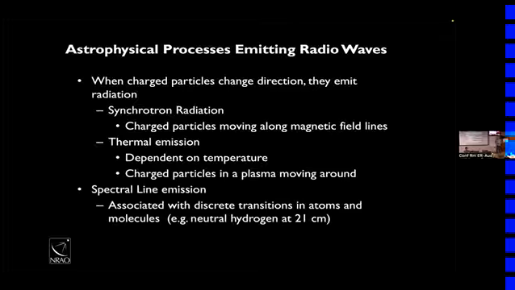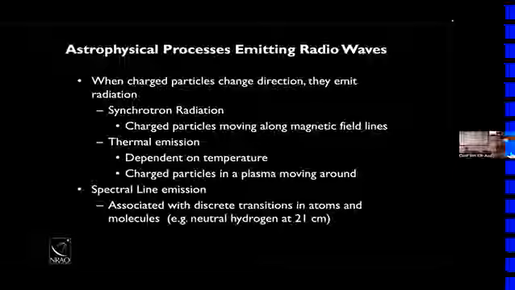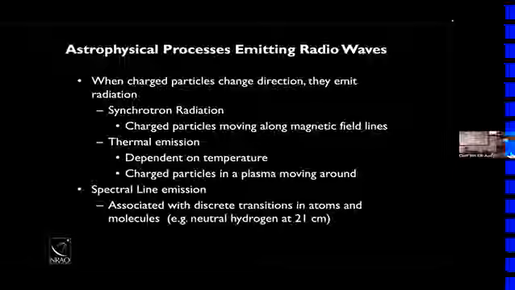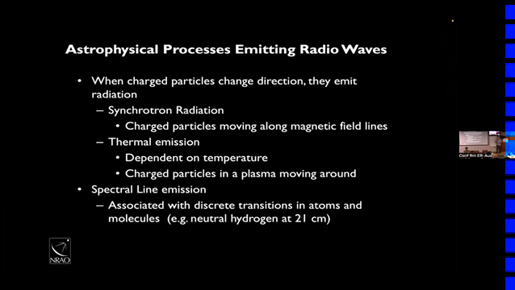Direction, if it's red or blue shifted. Excellent. Direction of it, and if it's red or blue shifted. So is it moving towards you or away from you? If you have a spectral line, it can have a Doppler shift. So if you're looking at a part of the galaxy where one of the arms of the Milky Way is moving towards you, it'll be a blue shifted cloud. If it's moving away from you, it's red shifted. So it's one of the few ways, there are other ways, but it's a really critical way that we can detect motions of things.